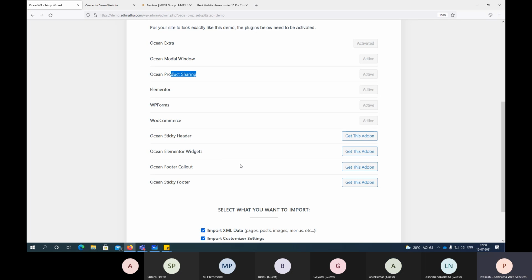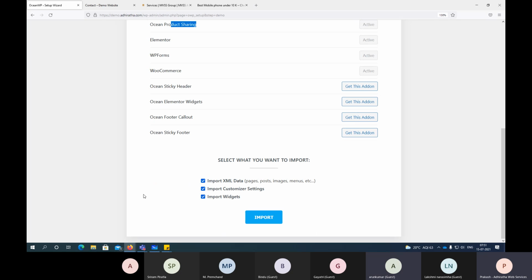Like last night when I was adding the blog post, I added my image, right? Only thing is, you should not use any copyright images. That's it. If it is your own images, you can add them on your own website.